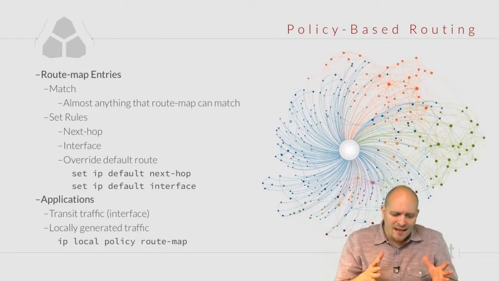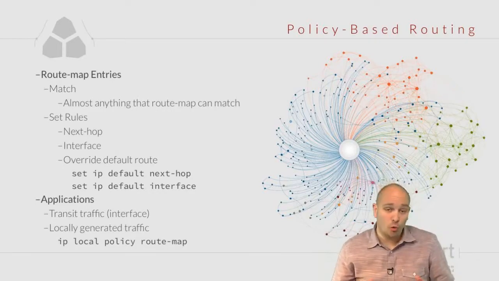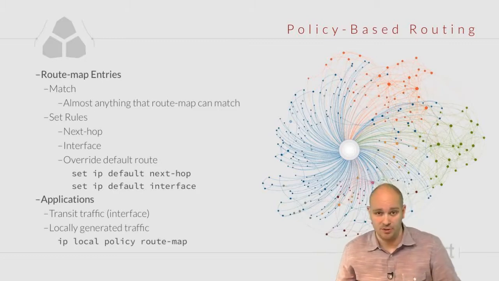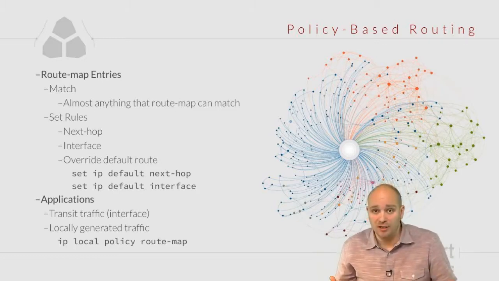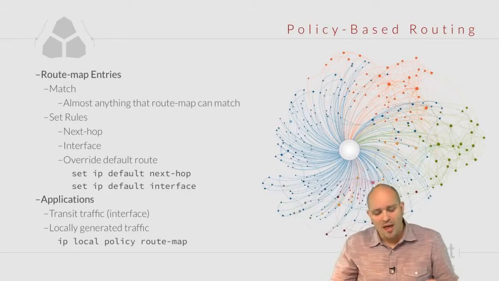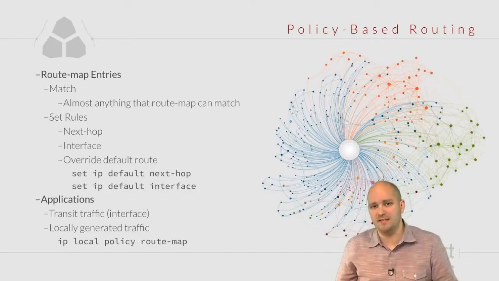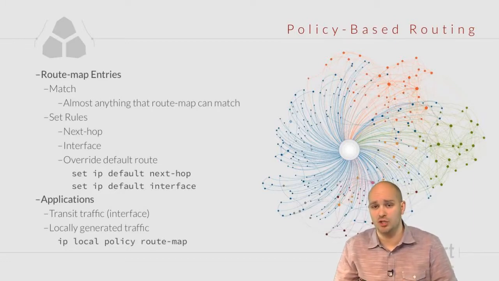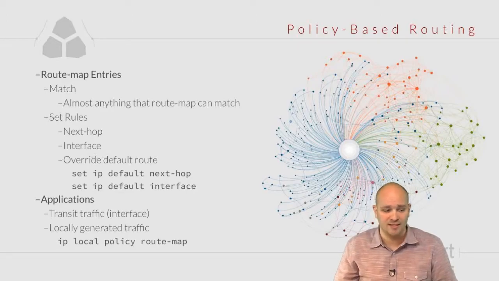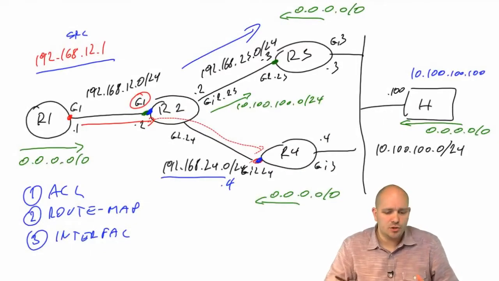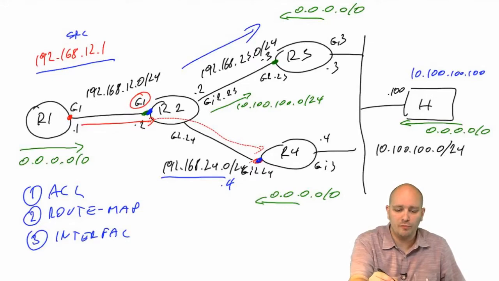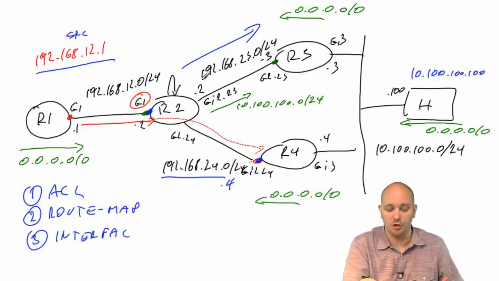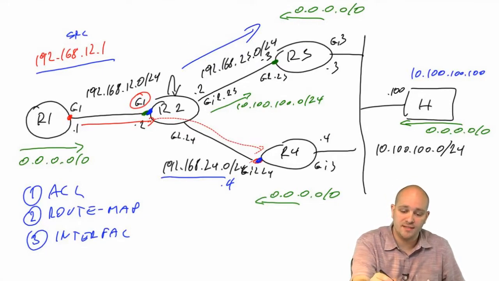Now, we can apply the policy-based routing on the interface, just as I have shown you, but when we apply the policy on an interface, it does not affect the locally generated traffic by the router itself. How would we then solve the problem of, for example, forcing the traffic from the loopback of R2 out of the same